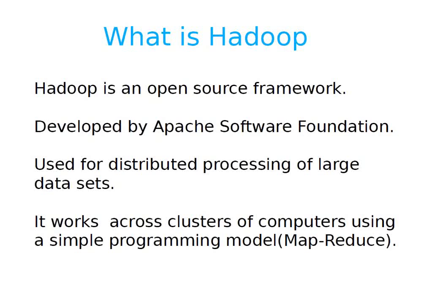So that was the example I had given you, to make you understand the third line, that it is used for distributed processing of large data sets. Distributed processing means whatever processing is required, we are not doing it on a single machine. Instead, we distribute the processing among multiple machines. And large data set means the data size is quite large. That's why we need to distribute the processing among multiple machines. So that was all about the meaning of the third line.